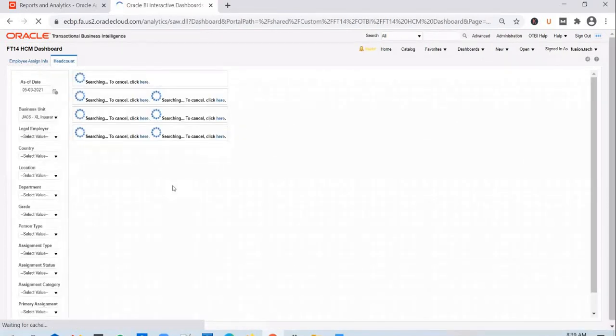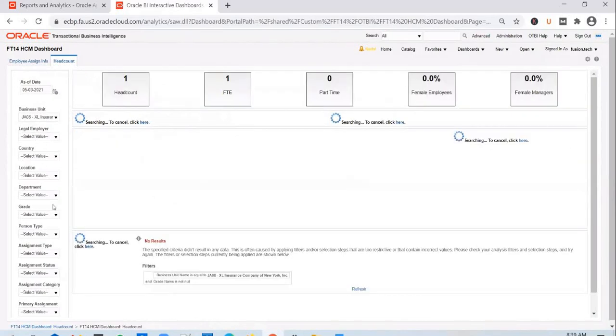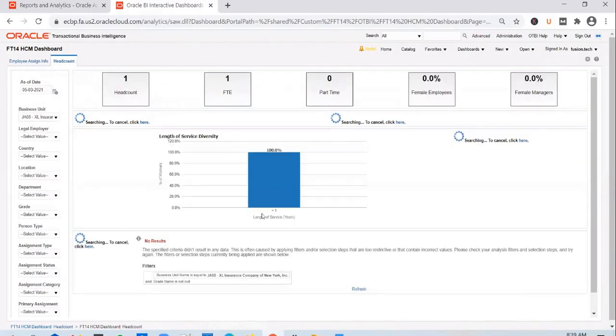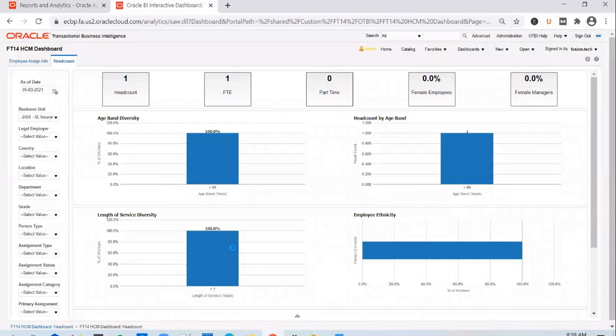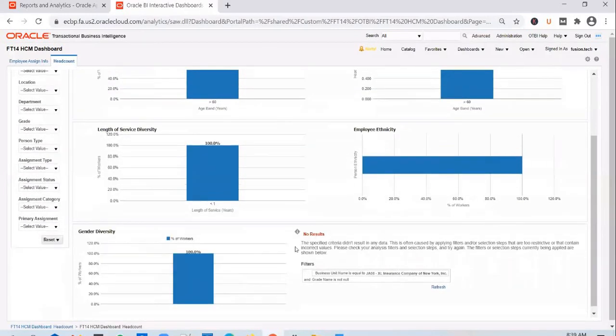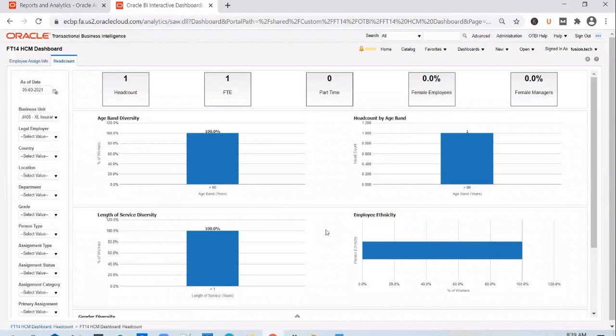So if you look at the second page, second tab, you see the exact dashboard prompt that we have seen on the seeded dashboard, and the reports, everything has been copied over. And this is where a client might ask you to make some changes in here. What sort of changes might they ask you to make? They might ask you to, say for example, fix this by adding some default values. That could be one. So they might ask you to add a default value to the prompt.